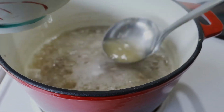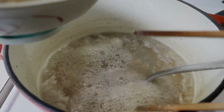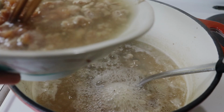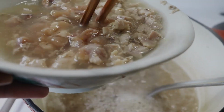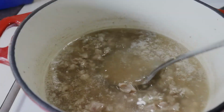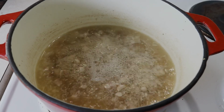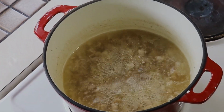And when you get to the bottom of the bowl, add your soup stock to the bowl to make sure you get every single morsel of delicious chicken marinade and chicken meat flavour. Swirl that around to loosen the meat, then add it to the pot. Bring it to a boil, make sure you bring it to a rapid boil, and the next step is to